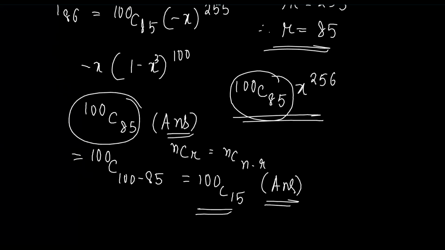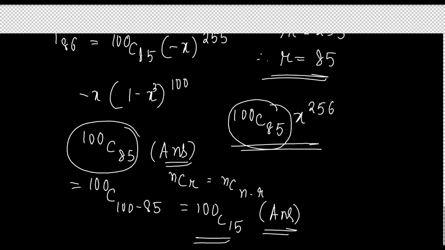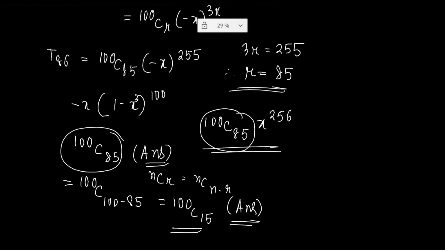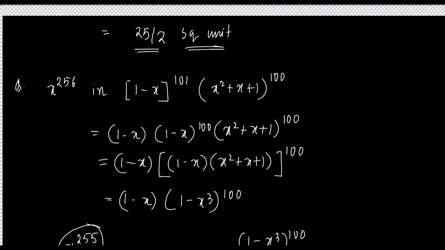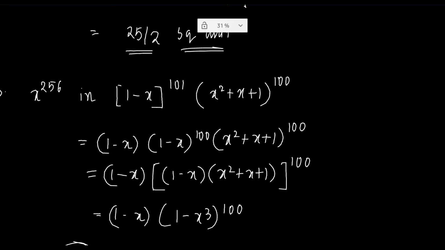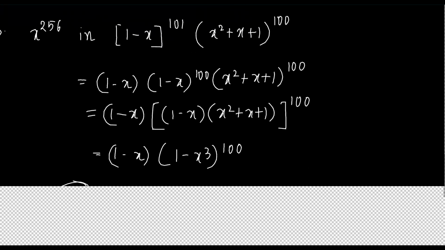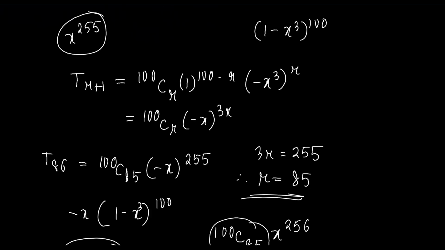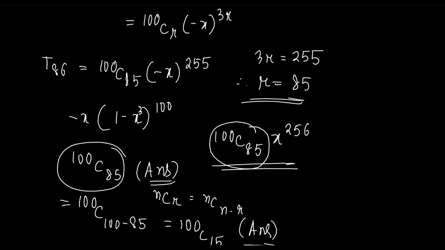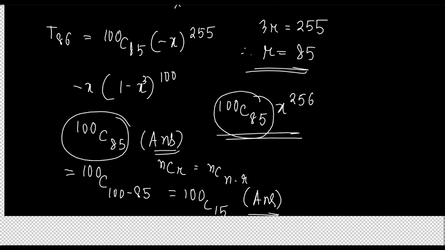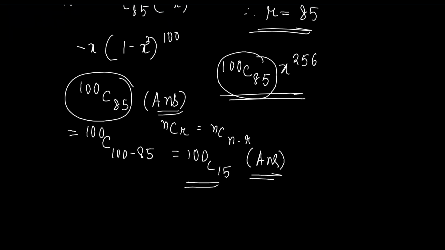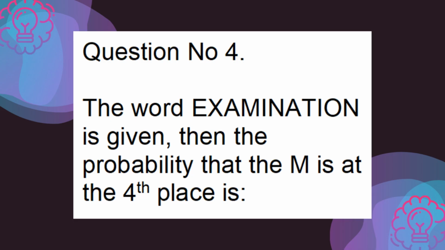Okay. So this was our third question. This is a simple question, just the application of this one, that is 1 minus x cube. So you have to separate 1 minus x here, and then we have to make it whole to the power 100, and then we have to convert this a cube minus b cube. Then we have to do this general term, and we will equate this 3r equal to 255. Then we will get this. Okay, the simple sum. Now next we come to another sum that is given.